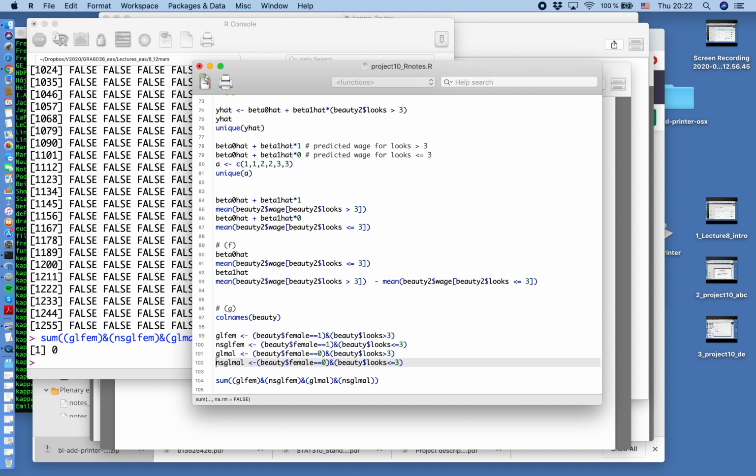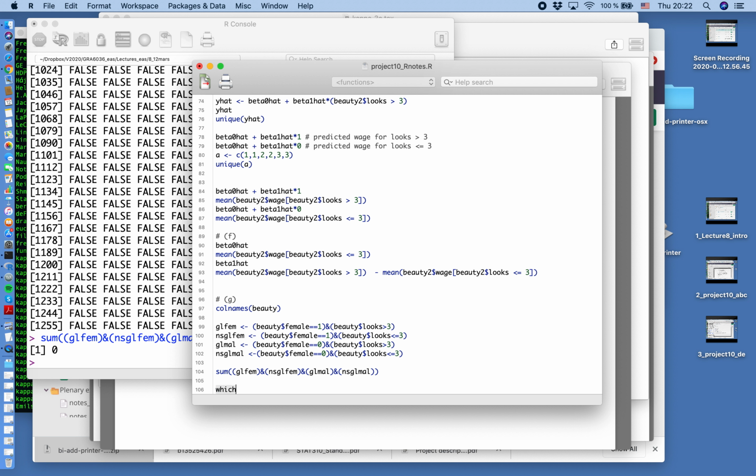Okay, so we then need to find the indices, or well, maybe we don't need to, but we could. So then you do good-looking female, and then you could index like this, and that will give you the indices for the good-looking females, and you can do the same thing for the not so good-looking females,